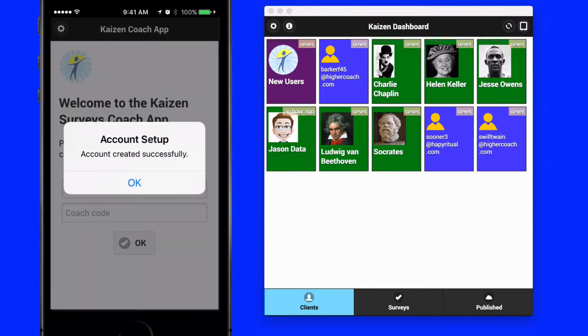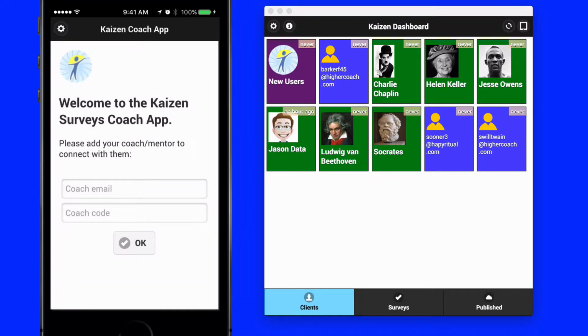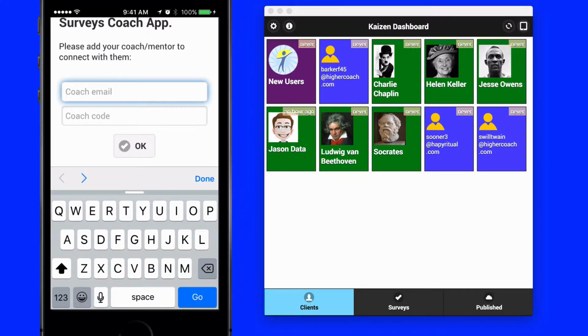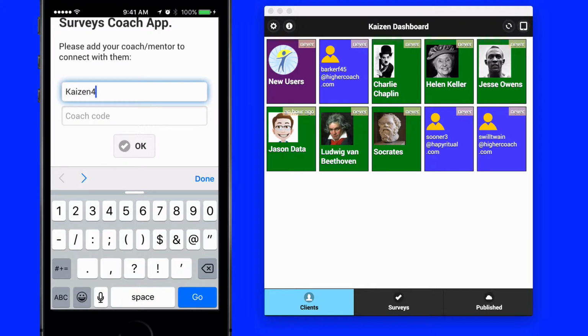Okay, so once I've signed in, my account has been created, and I am now at the Kaizen Coach app login for a coach screen. And so here the client needs to specify which coach they're going to be working with. And so you as the coach or mentor are going to provide your clients with your email that you use and